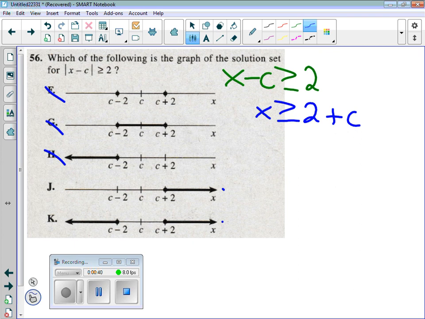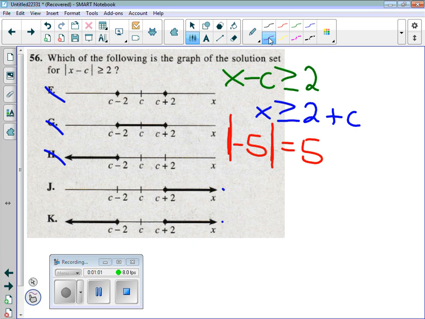The issue is with absolute value, I need to remember that I can also take the absolute value of, say, a negative 5 and get a positive 5. It is not just the absolute value of a positive 5 that gives me 5. So I have to consider that when I solve it algebraically as well, which means what's in the absolute value